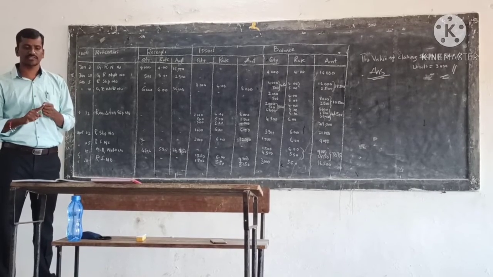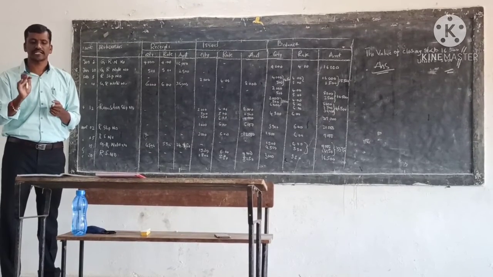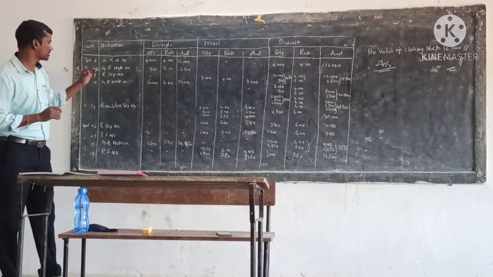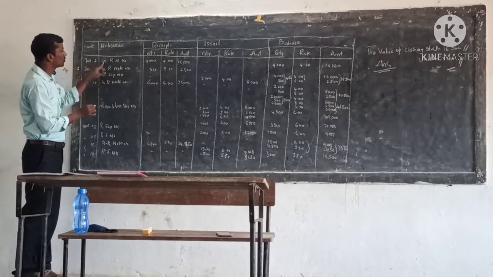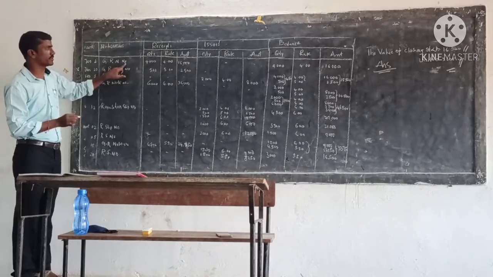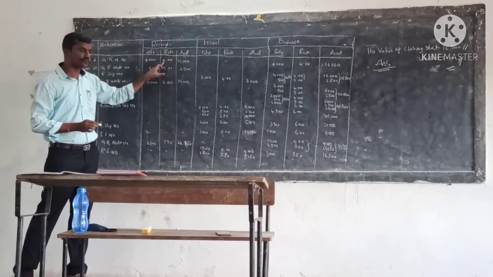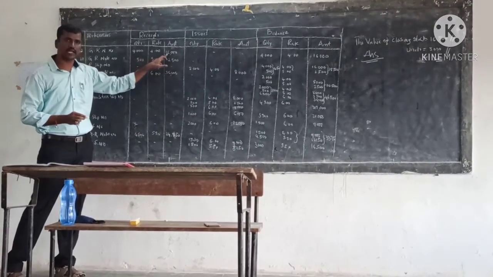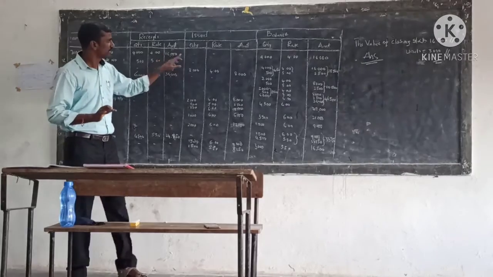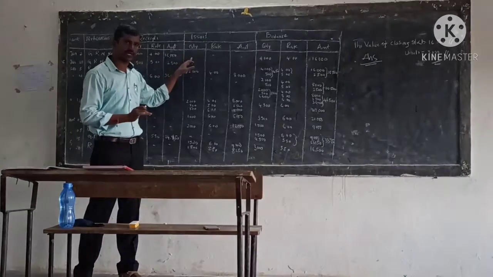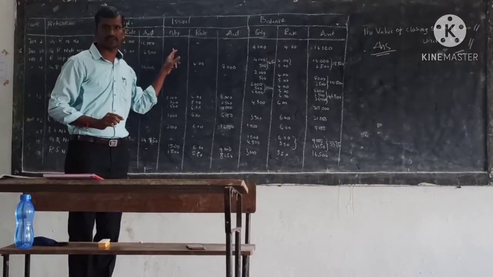The first transaction is January 2nd purchased 4,000 units at the rate of 4 rupees. So for purchased units, you have to write in the date column January 2. Goods received note number. That means 4,000 at the rate of 4 rupees. 4,000 into 4 rupees comes to the value of 16,000. Is it clear? I hope. Now, is there any information to write in the issue column? No issue. So that's why you just put a hyphen.